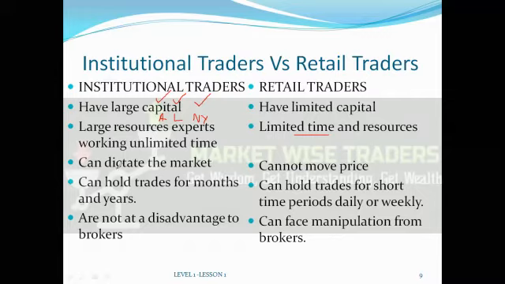Another thing which institutional traders can do is they can dictate the market. They can't totally control it, but we're going to look at this, especially with the strategy which I teach, which is market maker method. These guys can actually move price. They might not be able to hold it, but they can move it for a certain period of time. Now, as a retail trader, you cannot move price. Because of what? Because of your capital. Your capital is limited, so you cannot move price. But these guys have got a lot of capital, which enables them to move price. Are we together?